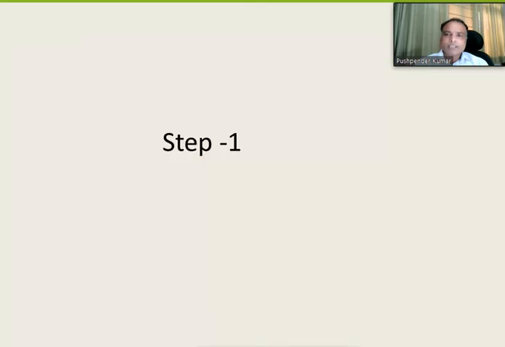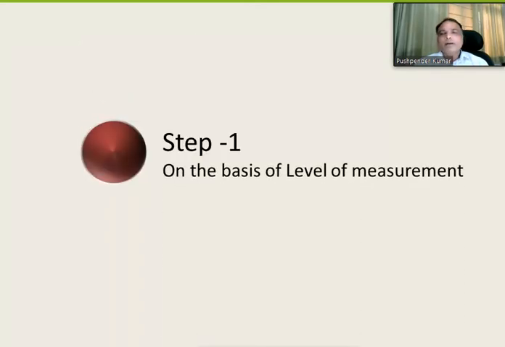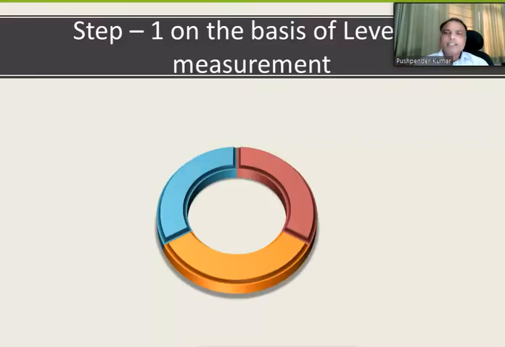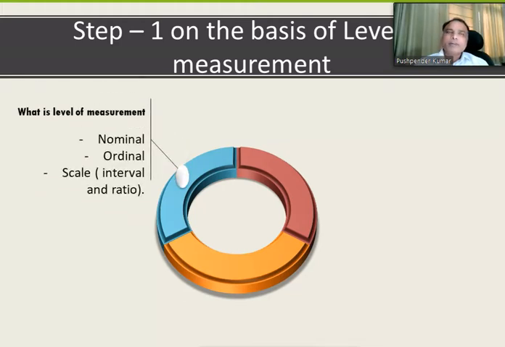So we start with step one, and step one is basically on the basis of level of measurement. So what is this level of measurement? It's not only the nominal. We have three main criteria under this step one. First, you are all aware of what level of measurement is. Here you can see we have the nominal scale, the ordinal, and then interval and ratio